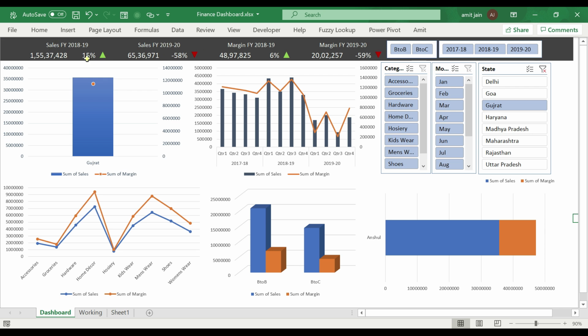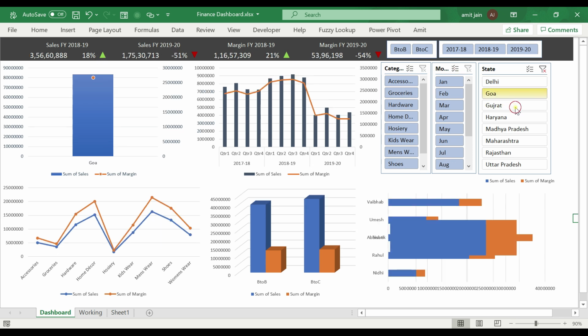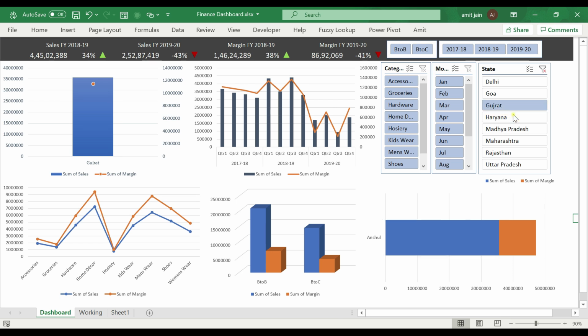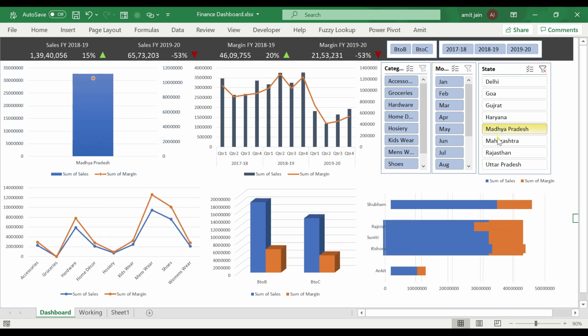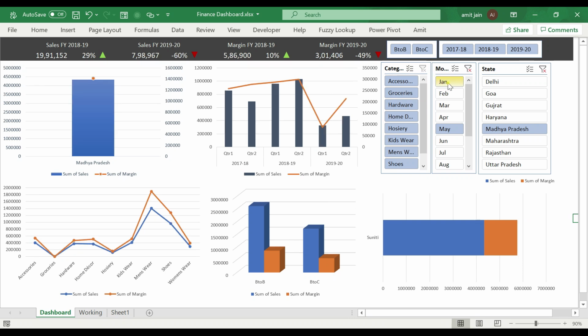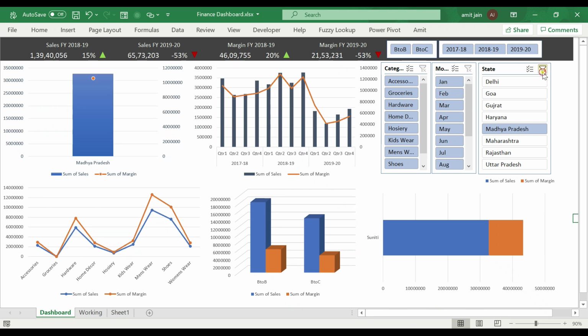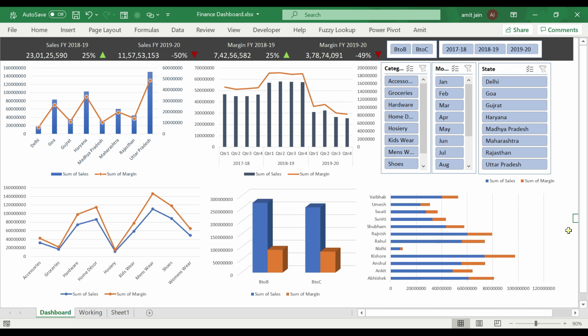You can see these highlights also. These highlights are changing whenever you are clicking over here. All the numbers are changing because all the numbers are linked. So wherever you need, whatever you need, you can see, friends. When you want to see data for all the items, just click on this cross sign over here, right friends?